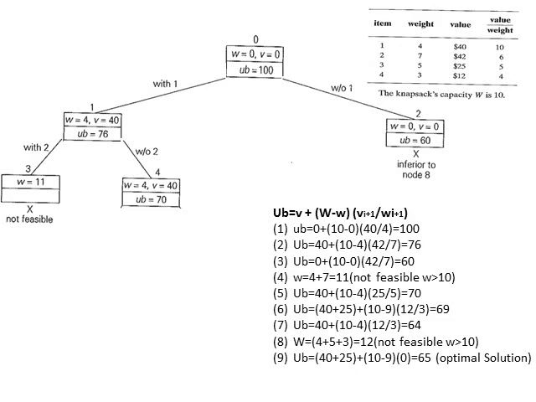So the capacity of the knapsack is 10. So 10 minus 9 into the next item to be considered, which is the fourth one. That is Vi plus 1 divided by Wi plus 1 for the fourth one. So 12 divided by 3 which is equal to 4. So if we solve this equation, we will get the value as 69. That is the fifth node. W is equal to 9, V is equal to 65, upper bound is equal to 69.